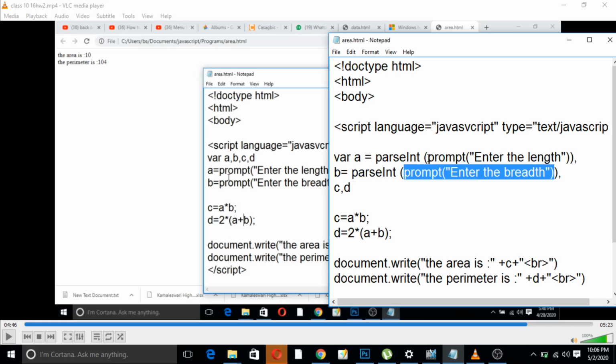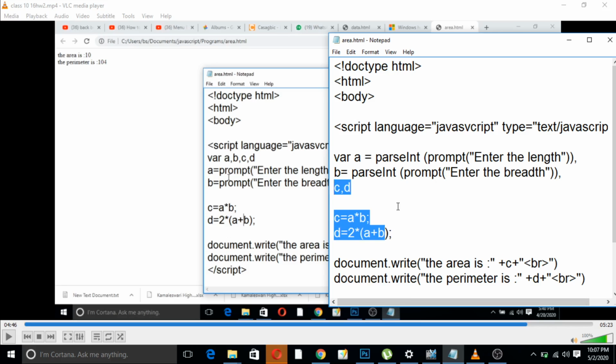So now when you enter the length and breadth here, it will be considered as an integer, int as integer. So that one you need to take care of, that you have to give an integer. After that, c and d we have given, whatever value will be calculated here will be stored in c. So we need not declare these with parseInt and all, because only the value will be stored and we just have to give the value in the output.